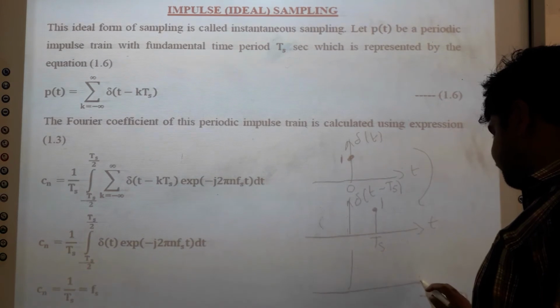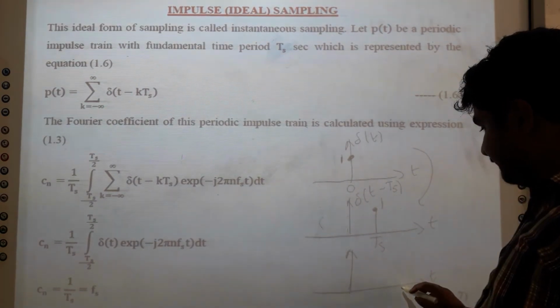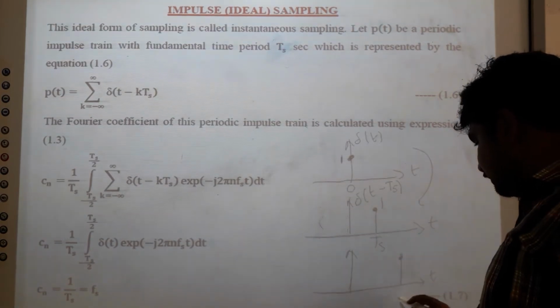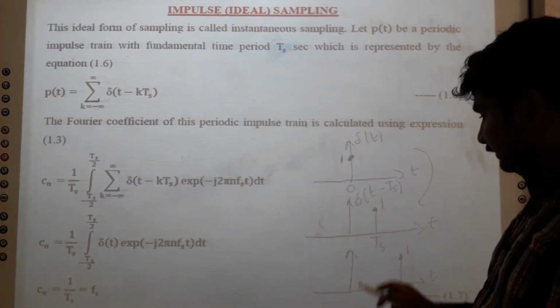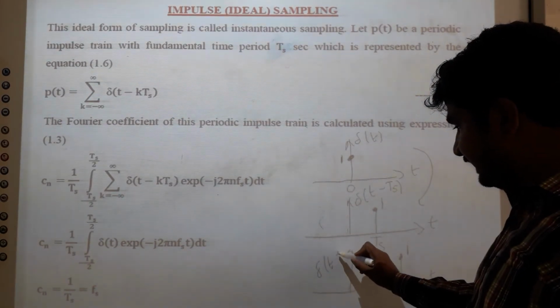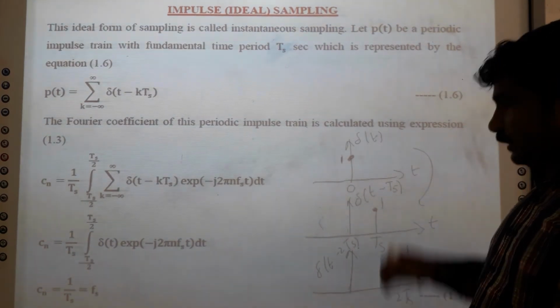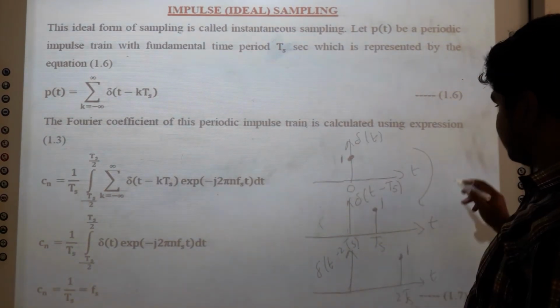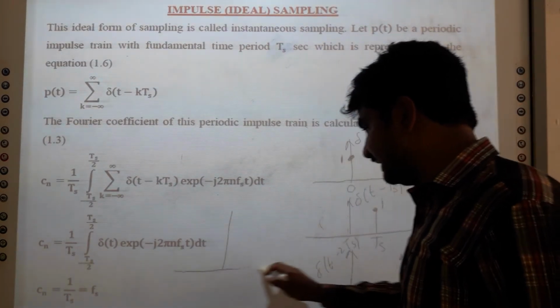Similarly, the next signal, that impulse will be present at 2Ts. The amplitude is present at 2Ts. So this will be written as del of t minus 2Ts. So if we add all these together, then it can be represented as